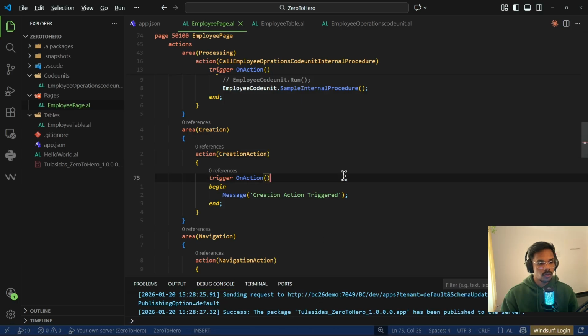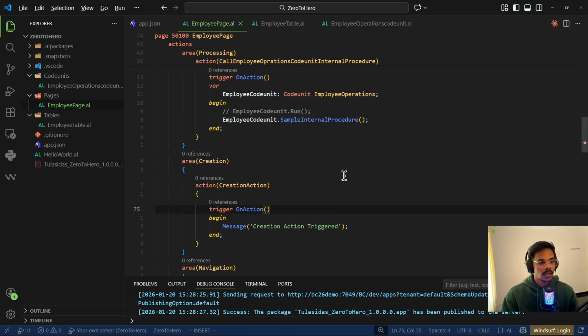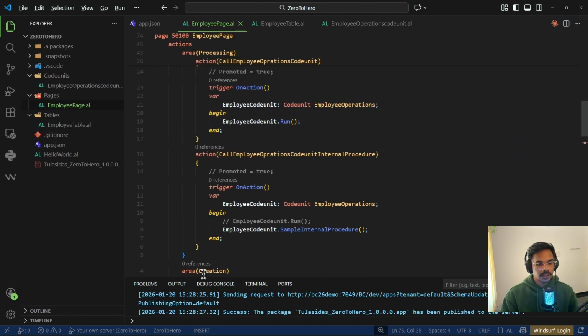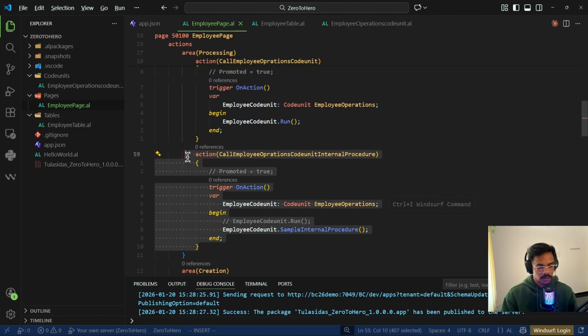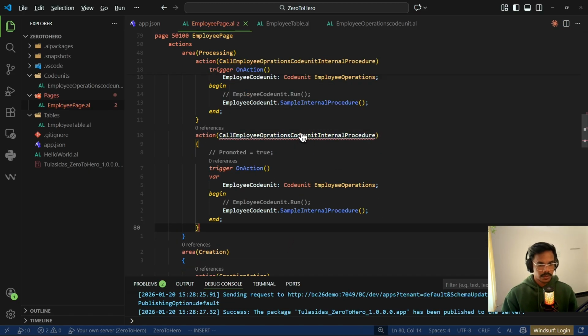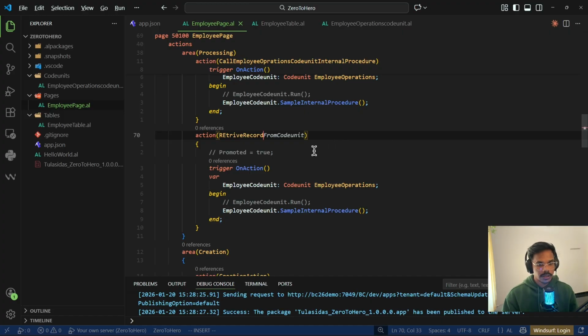If you see over here, we have created the employee page and employee table in our previous videos, and we also have a few actions in processing in the employee page. So let me create one more action called retrieve records, and let me copy and paste this. Let me save, and let me call this retrieve records. Let me also remove this code, and also remove this code,